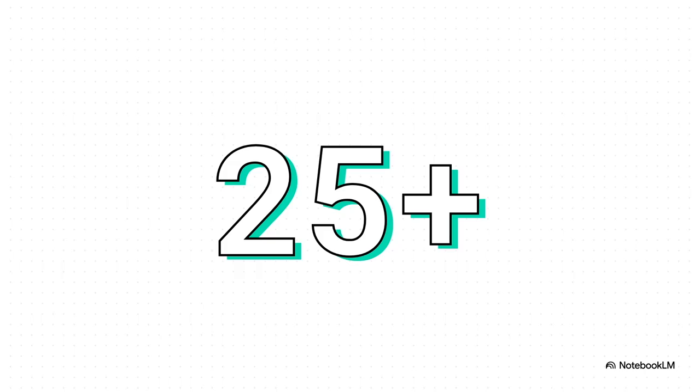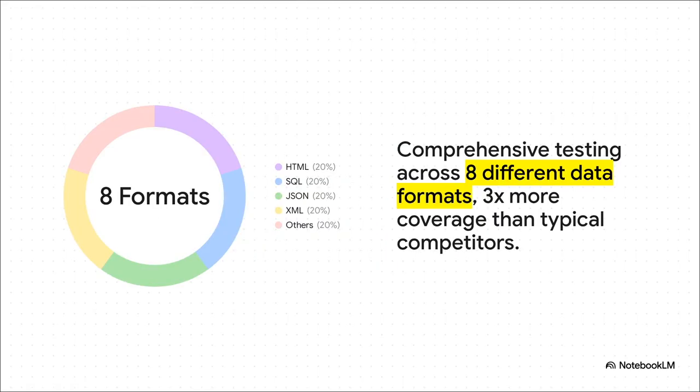And we're talking about really deep, specialized testing here. To be effective, a platform like this needs a huge arsenal of attack methods. For example, Verigen uses over 25 different attack patterns that are designed specifically to hunt down these sneaky output handling vulnerabilities. And a truly comprehensive test has to cover a ton of different contexts. You can see it here. It's not just about plain text. An attacker can hide malicious code in all sorts of data formats. So effective scanning has to check everything, from HTML and SQL all the way to JSON and XML.